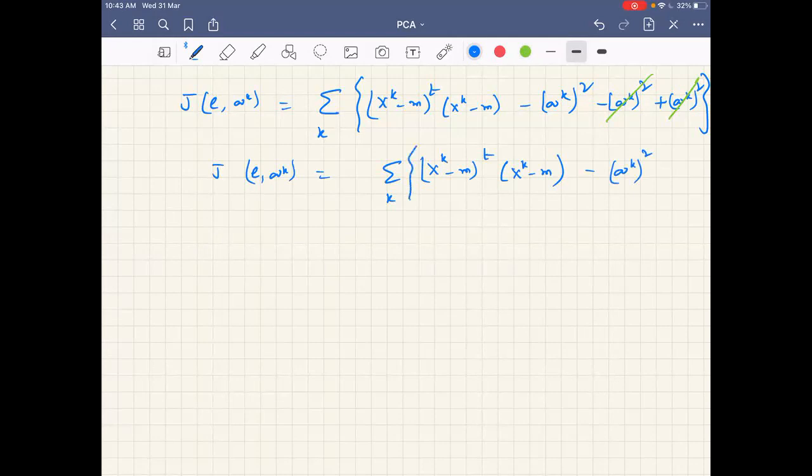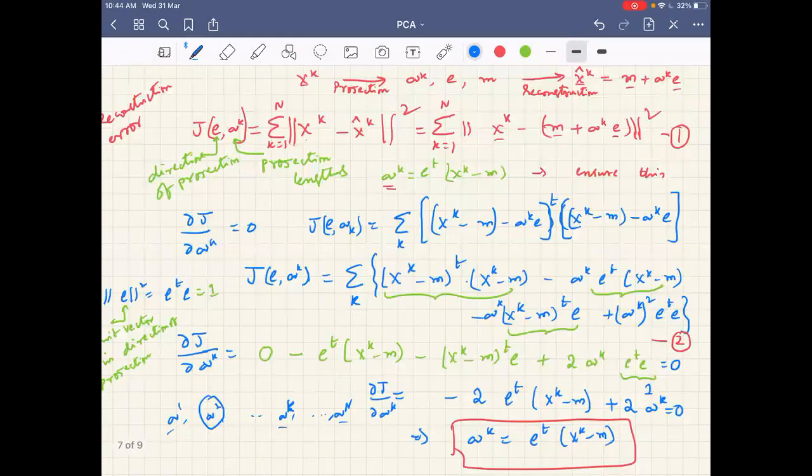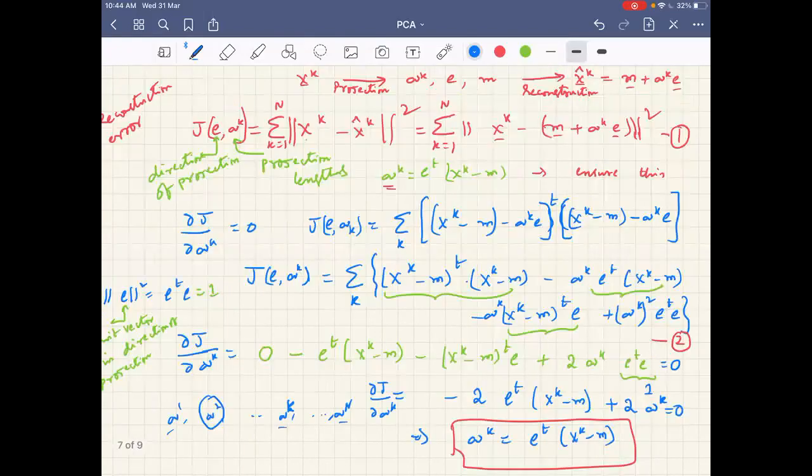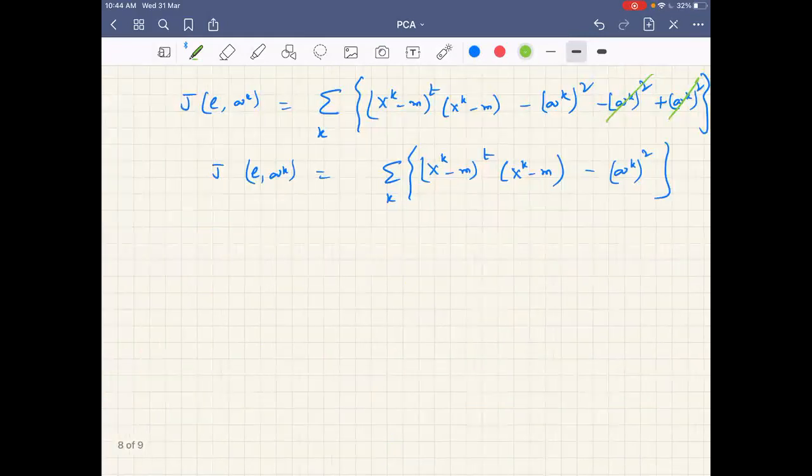Okay. But what essentially do I want to do? I want to find out what? What is now my next objective? I have already found out the optimal projection length. Okay, these are the optimal projection lengths. So what is my objective now? You need to find the direction of projection. Okay, so now I want to find the optimal direction of projection.